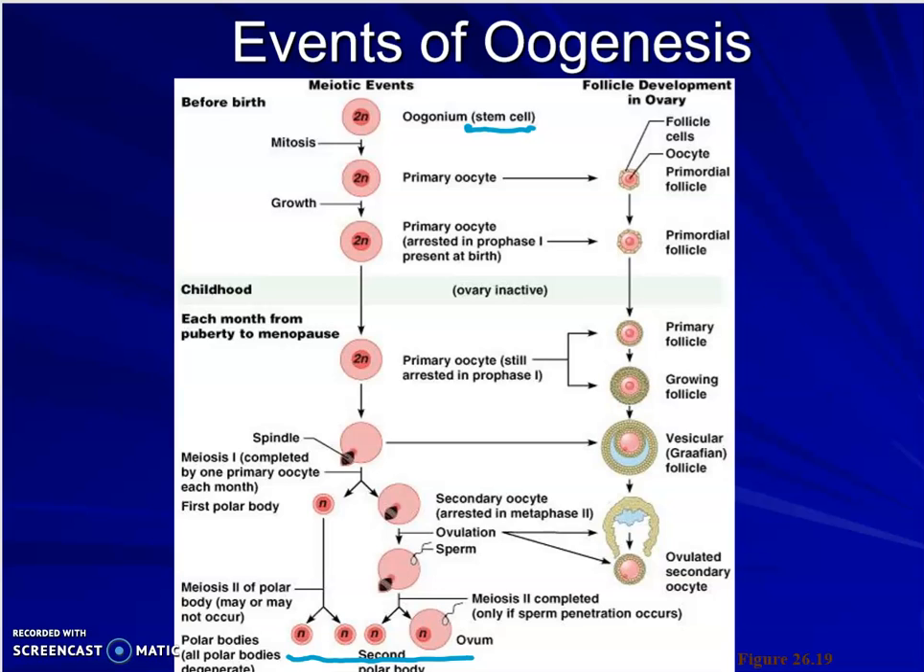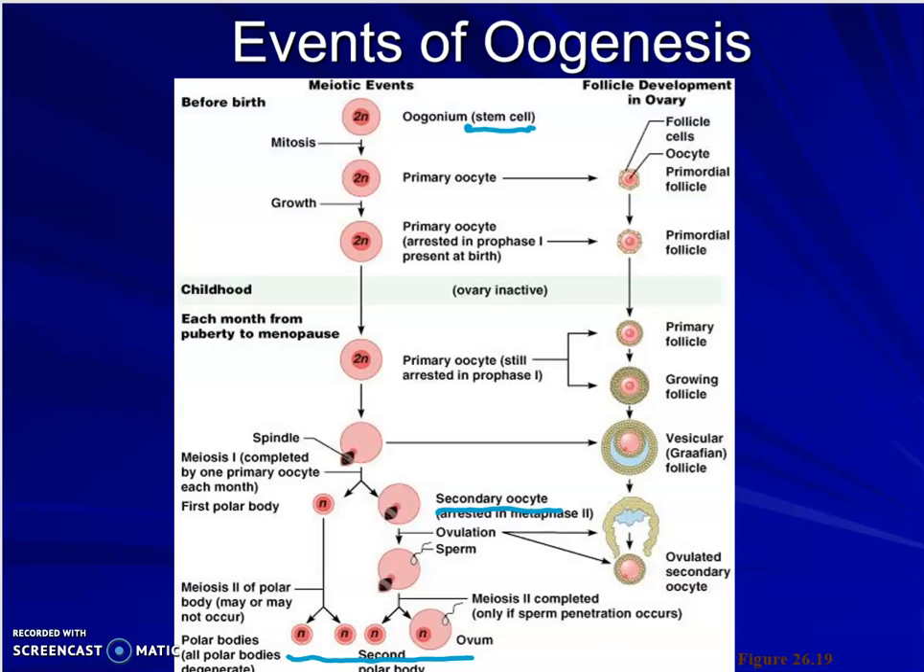And that one is still diploid, and then we're going to have to undergo meiosis 1, and that will create a secondary oocyte right here. And basically we are unevenly dividing up the cytoplasm of the cell. So one of the resulting cells here in meiosis 1 will get everything, and the other one basically